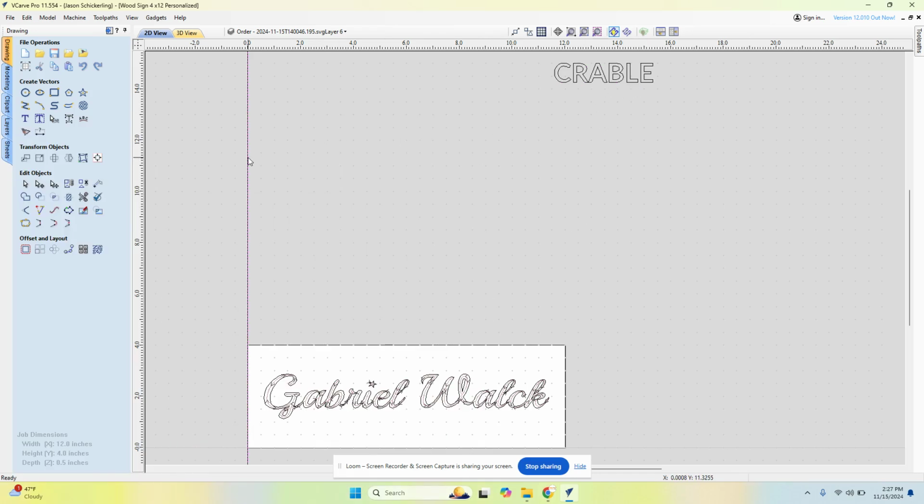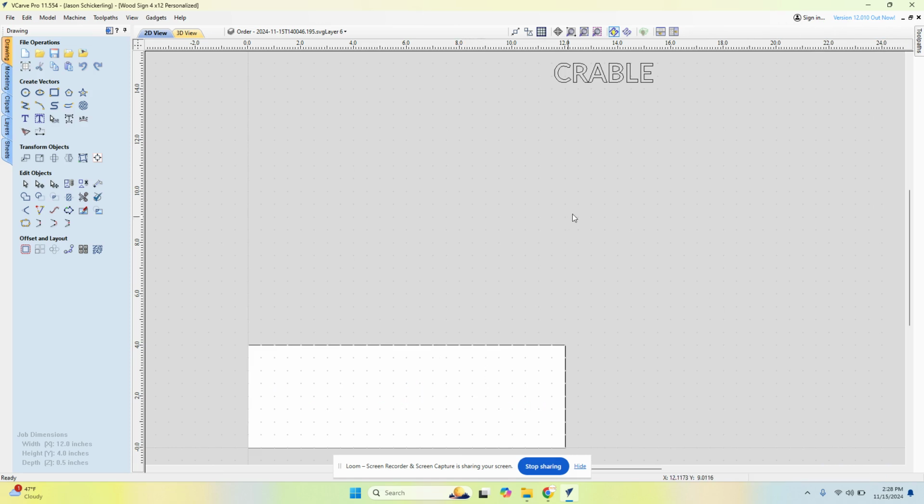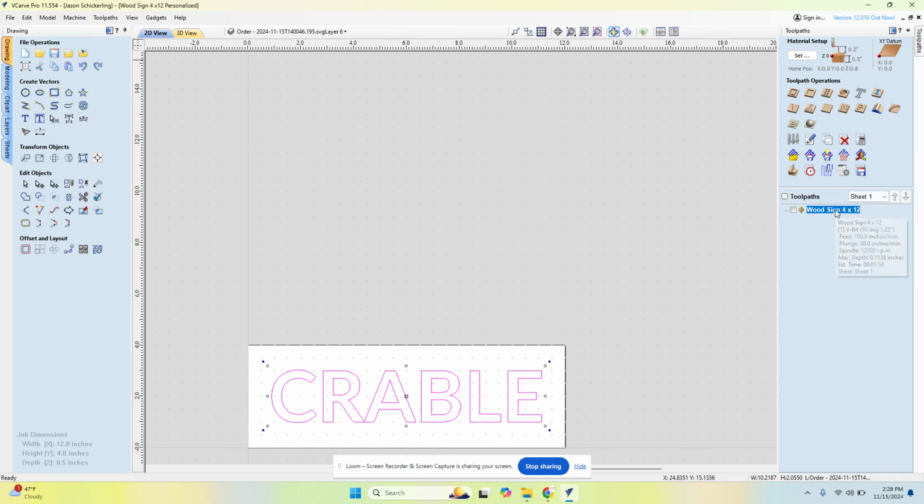So I'm going to delete the frames. This was a previous file down here. I'm going to get rid of the tool path here, so it eliminated the tool path that I previously created for it. What I typically do, my process is to group the object. The size here represents the size of my carving. We create a personalized carved wooden sign. All I want to do is center the design. This is a personalized name somebody purchased off of our Amazon store, and I want to create the G code